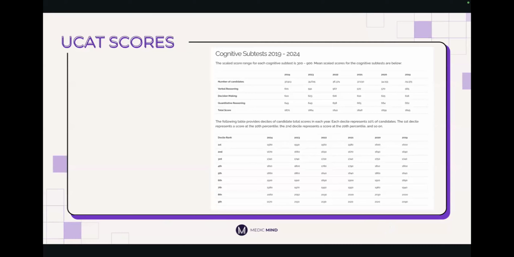You'll also see that for Imperial, which was 3,020. Of course, those are slightly newer universities that are using UCAT. They used to use BMAT. You want to look at the previous trends, at the gap between that cutoff and your UCAT scores, and make a shortlist from there. Obviously, some of you may not have scores within the top 10%, and we will go through